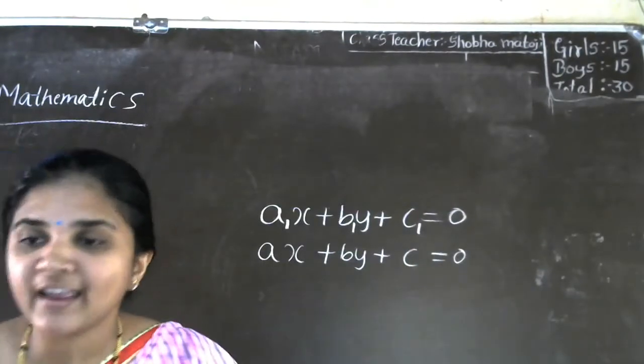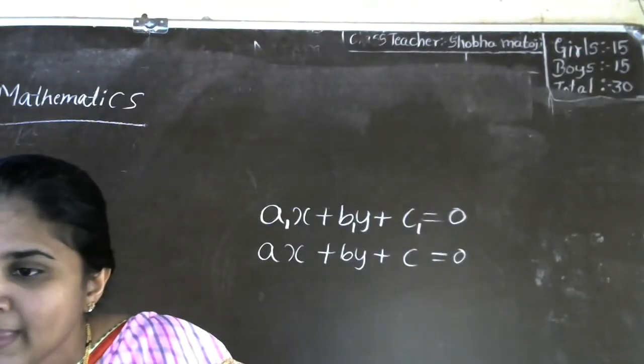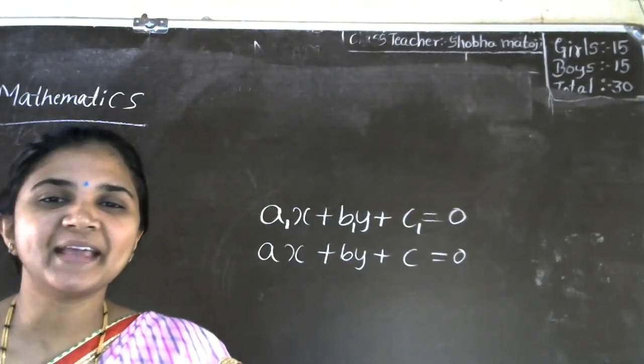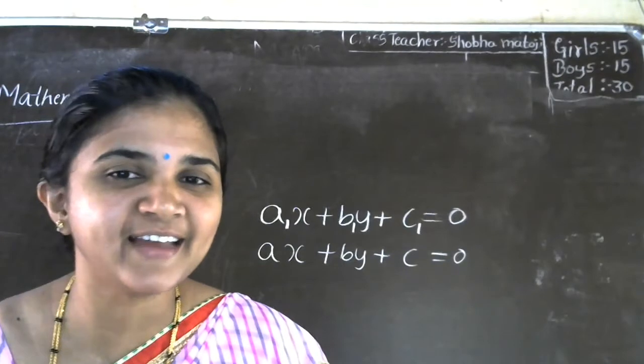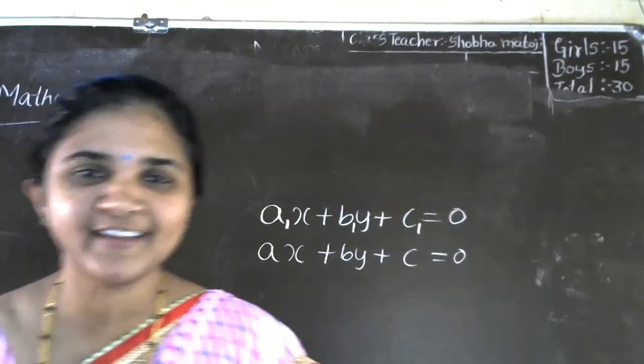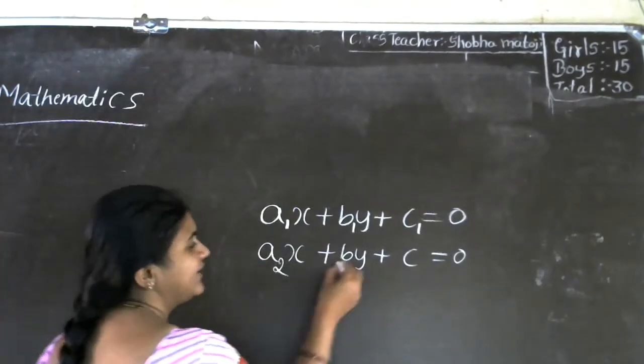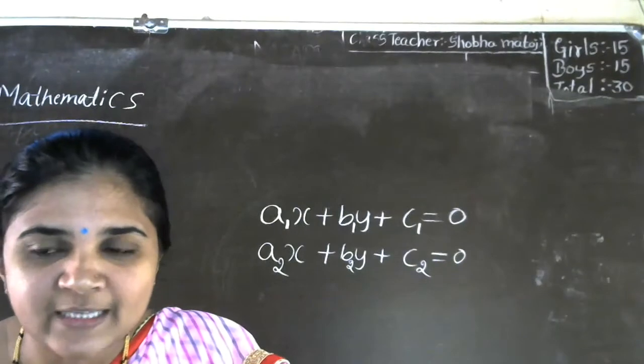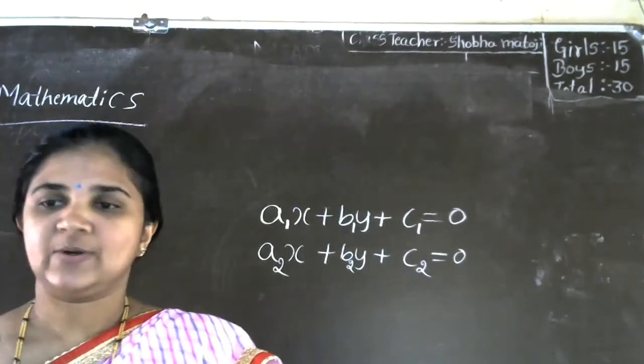Okay, na? Second one, you can give the answer, no? How can we take the second one? Preeti, can you give the second answer? How can we write the second? a2x plus b2y plus c2 is equal to 0. Yes, very good, very good. So you have got the idea of this topic now, pair of linear equations in two variables? Yes, okay.